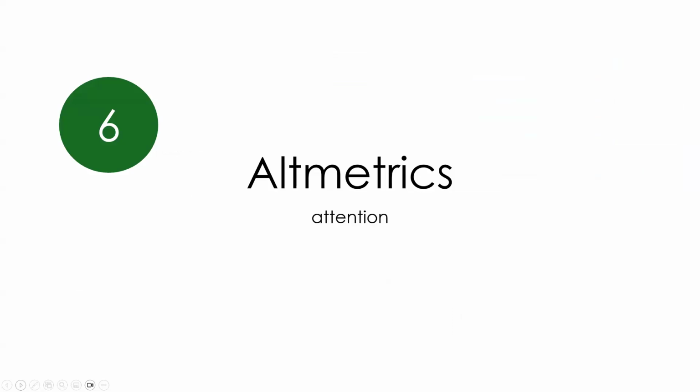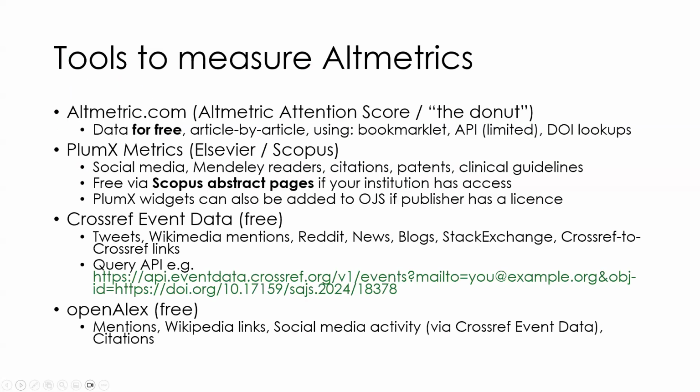Another form of statistics you can collect are alternative metrics. In other words, not necessarily citations, but mentions, or what kind of attention individual articles received from different platforms. So up to a certain extent, some of these tools are freely available, but it's also limited. So the four top tools we can use through Khulisa journals. We subscribe to